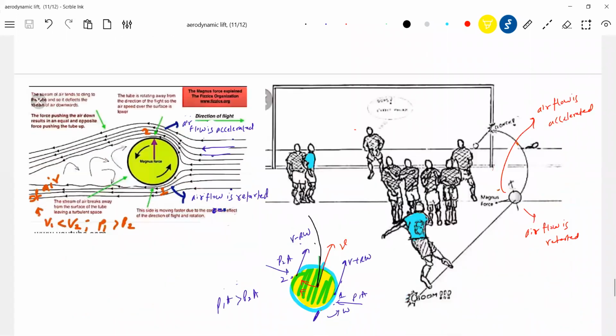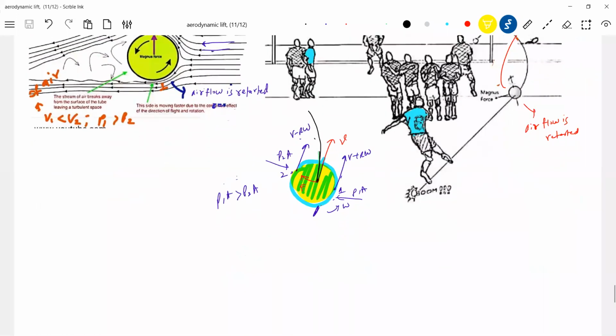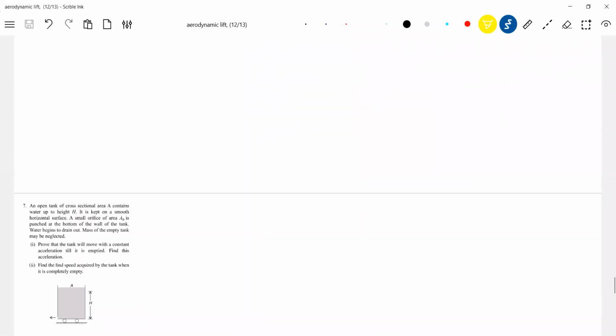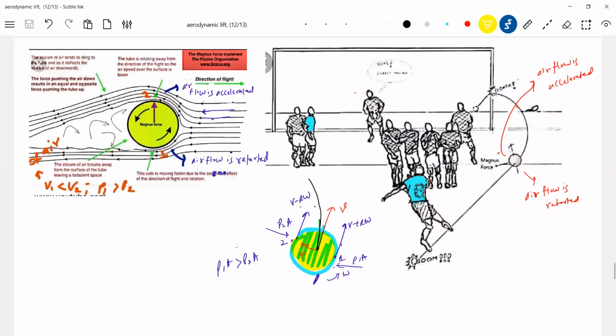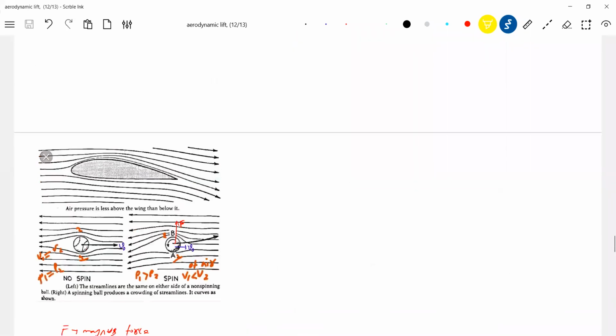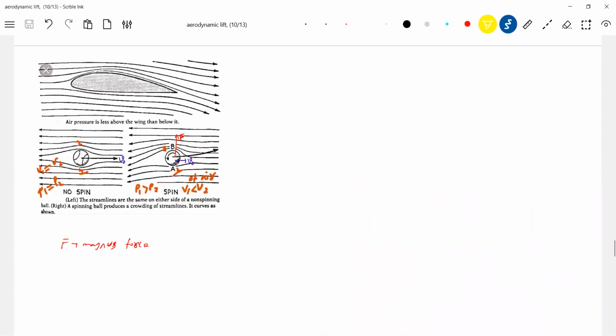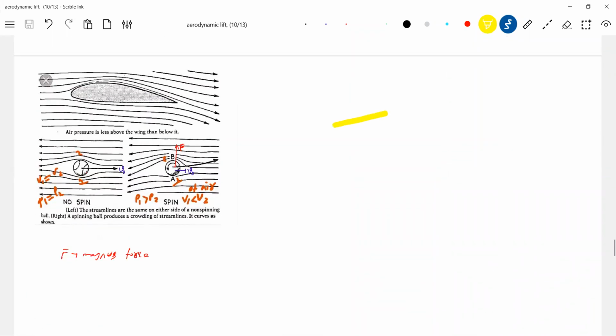Got the idea, no? So the Magnus effect is a thing. Similarly for an aeroplane, we can go for aerodynamic lift. So what is the aerodynamic lift? How, if you take the aeroplane,